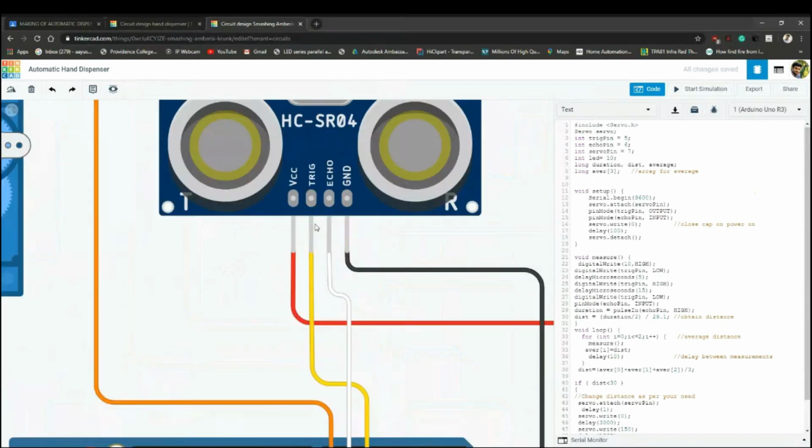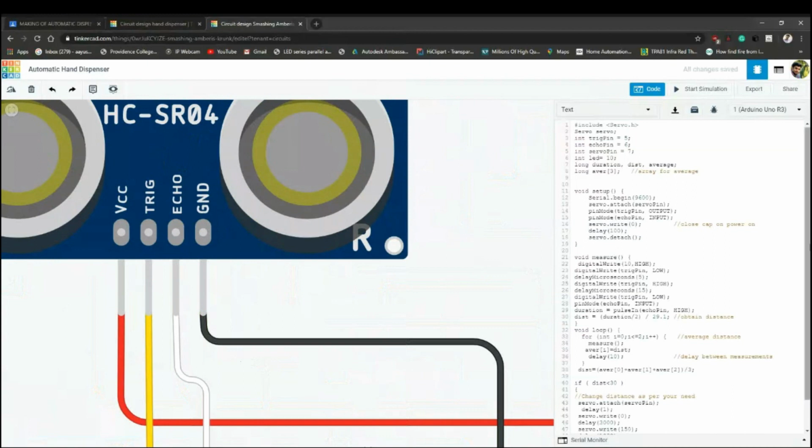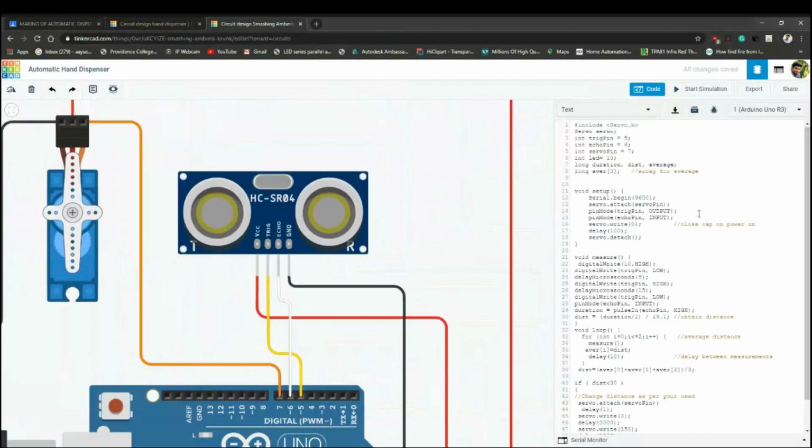You can see the VCC, trigger, echo and ground, right?